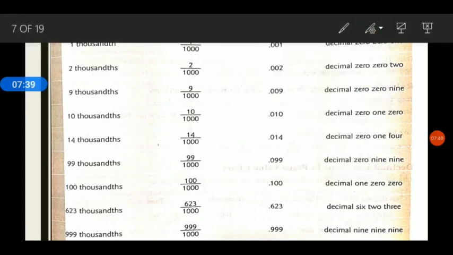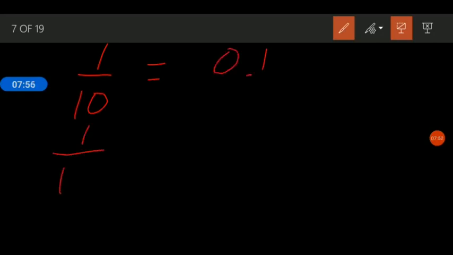Now, how do we write it as a decimal? So, as I told you, when in the denominator 10 is given, we put the decimal before one digit. Understood? If in the denominator 100 is given, we put the decimal before 2 digits. If 2 digits are not given, we write 0 before that number. Now it becomes 01. We can write 0.01.